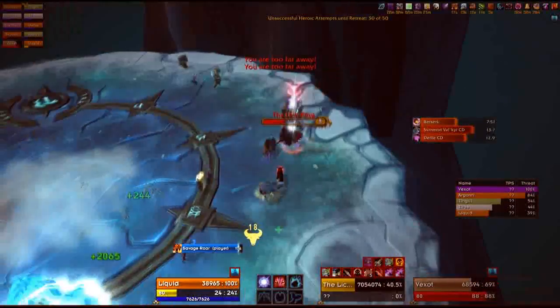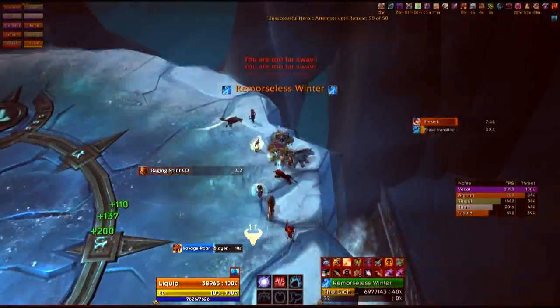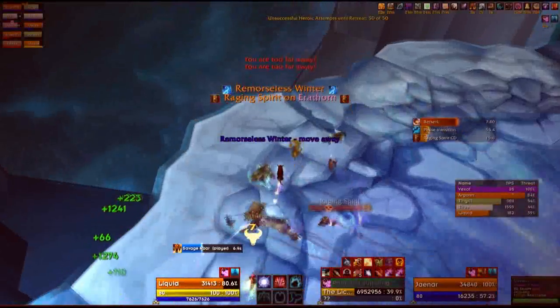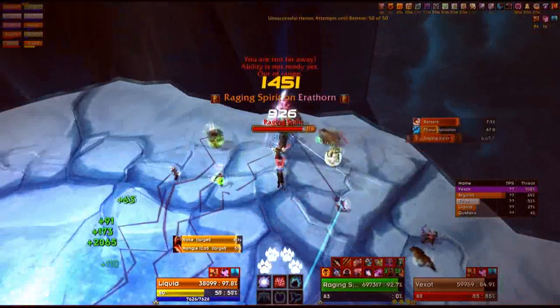Back to the Lich King. And now we're moving to the edge of the platform, so we drag him all over. We're all calling out on vent, move to the edge. Remorseless Winter gets cast, and we run onto the platform that gets raised, and then we get another Raging Spirit,